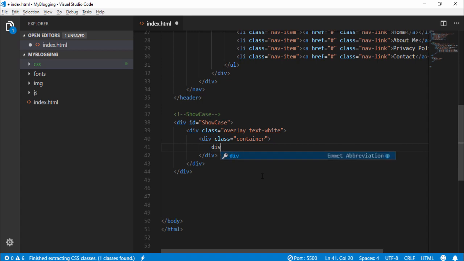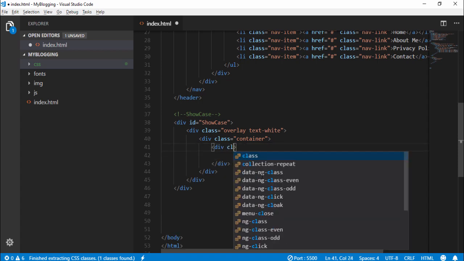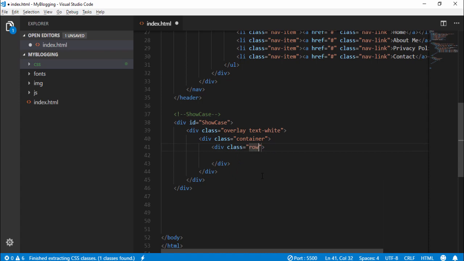Inside the container div I write another div and assign the class row and col, right? Inside the col div I write a simple heading tag and write the text